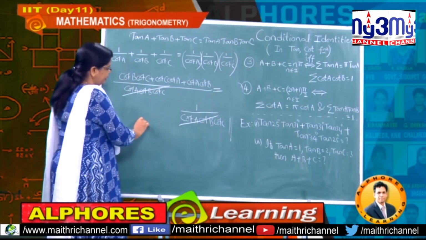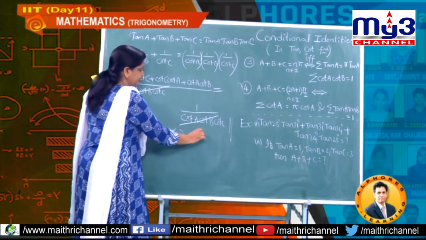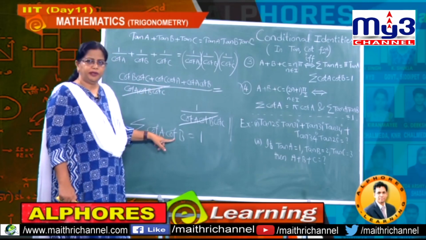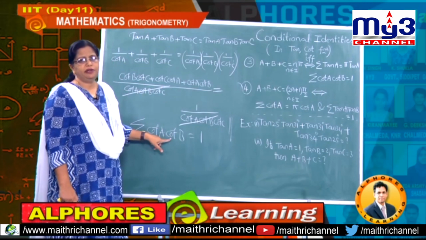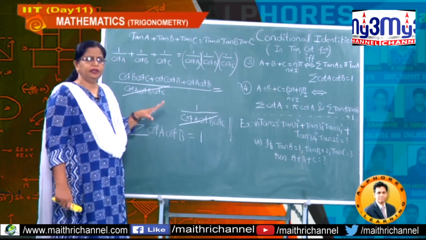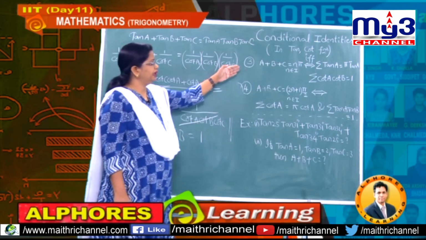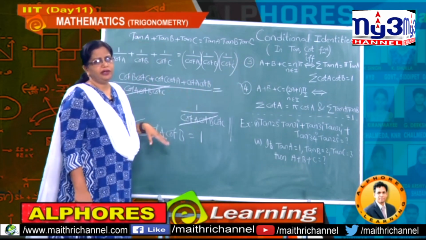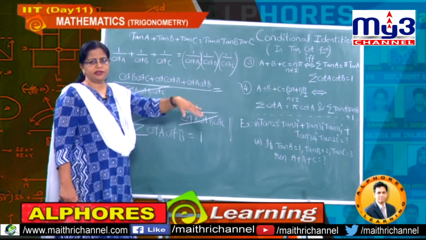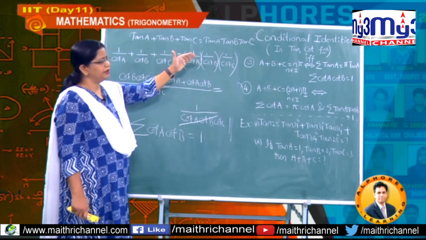Hence what is the numerator? Sigma cot A cot B, and the RHS side is nothing but 1, okay. That means, observe, sigma cot A cot B you can write, or you can write sigma cot B cot C, or you can write sigma cot C cot A. Anyways, you can write with the 3 values A, B, C. So you got this result. If you prove this value, you get cot also simultaneously. So anytime tan and cot results are given, just make use of the tan result to obtain the cot result just by writing in this form. So students, now you got the third result.